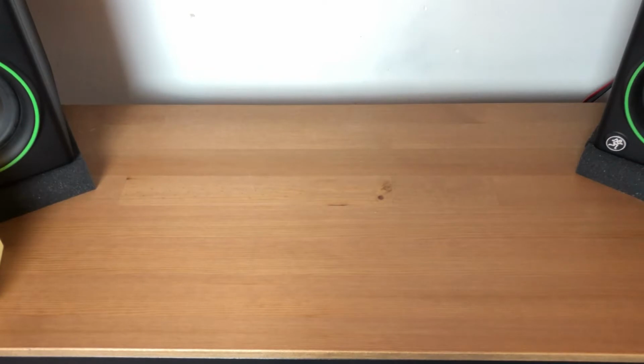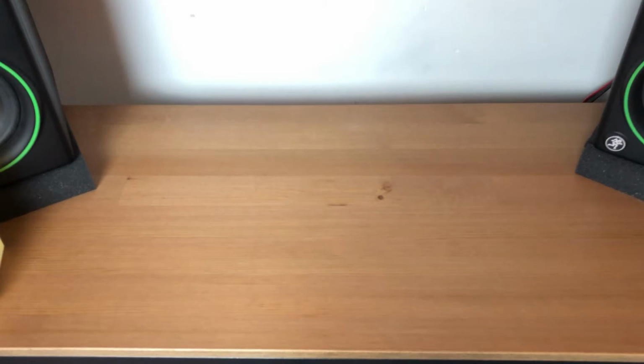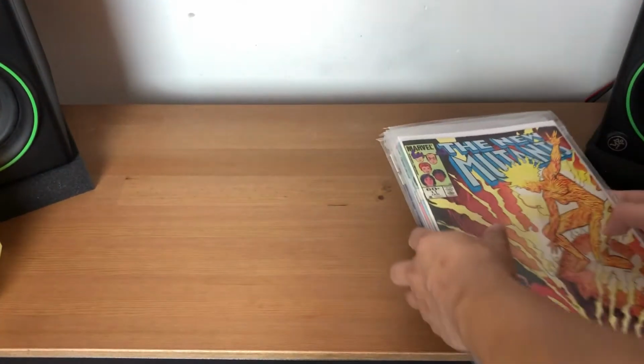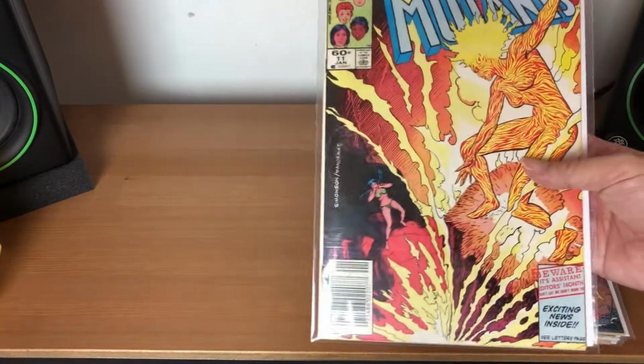Now, as I was saying, there was a period of time where, if I'm not wrong, I'm making an assumption, the New Mutants movie seemed like it wasn't going to come out after all. It was going to be stuck in production hell, and some of the books started dipping in value, so I made use of that opportunity to get a run of New Mutants, and I'm sure you know by now why I got this run. Number 11,